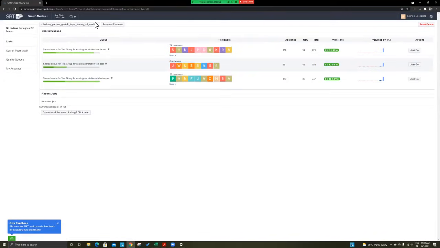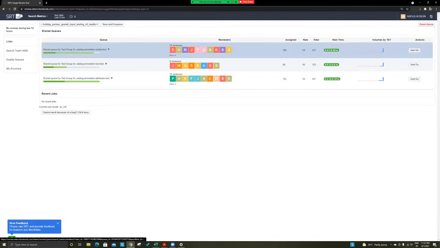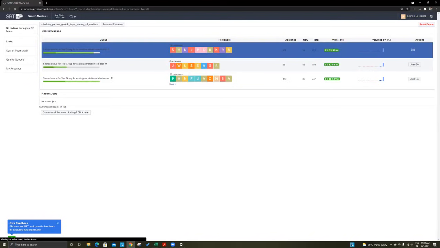I have clicked media, so now I click just go here. This is the option to start working. First let's start with media, so I'm clicking just go on the media work. These are the test queues. The actual production queues will load later. Initially, we are testing how the work is going on. Then we will be adding a separate production queue. We will let you know the details over email and the WhatsApp groups where your project coordinators will support you.